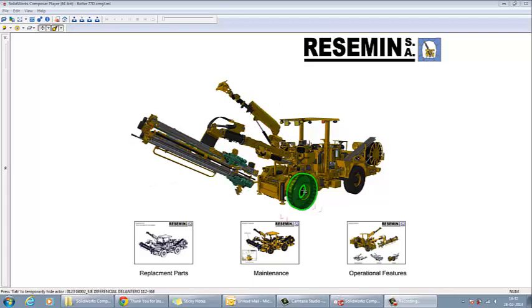And today I'll be giving you a brief idea as to how exactly SolveWorks Composer makes your product more interactive for your customer. So let's say, for example, I'm a customer. I bought this particular model and I want to buy a replacement part. So instead of me having to go into my catalog and try to figure out which part is where and what the part number is, I can directly log on to my company's website, or this company's website. Over here it's Resmin.